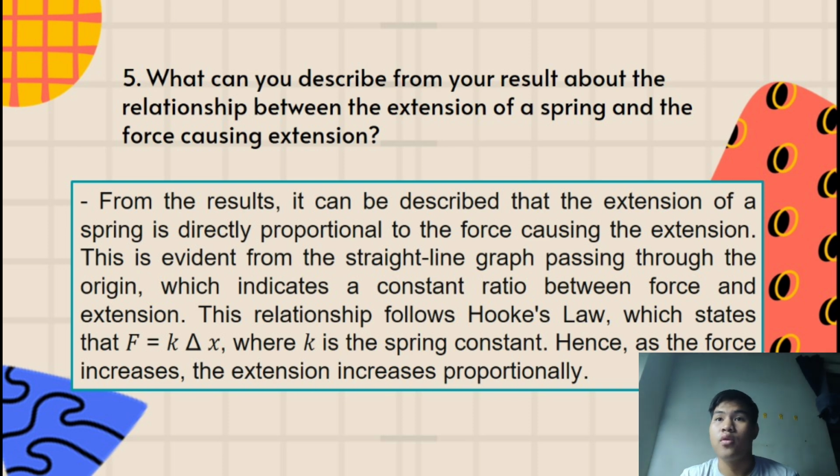What can you describe from your result about the relationship between the extension of a spring and the force causing extension? From the result, it can be described that the extension of a spring is directly proportional to the force causing the extension. This is evident from the straight line graph passing through the origin, which indicates a constant ratio between force and